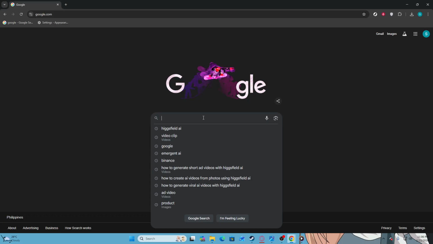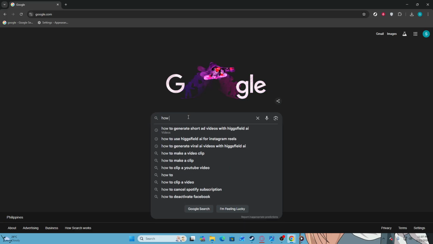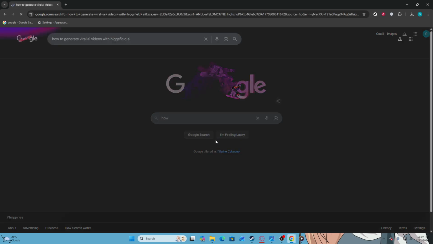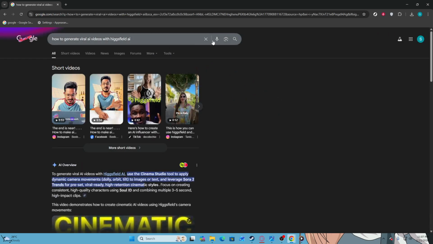Once the Google page loads, you'll see the search bar prominently displayed in the center of the screen. Next, type how to generate viral AI videos with Higgsfield AI into the search bar. After entering the text, press enter on your keyboard. This action will initiate a search and you will be directed to a results page displaying various links related to